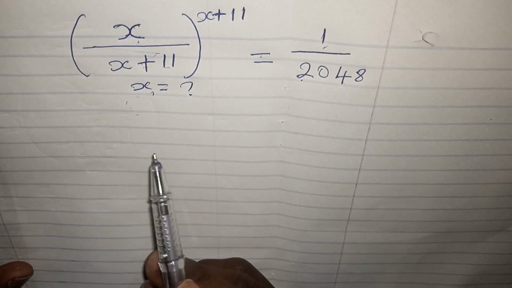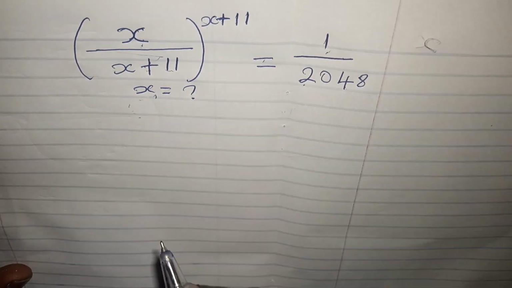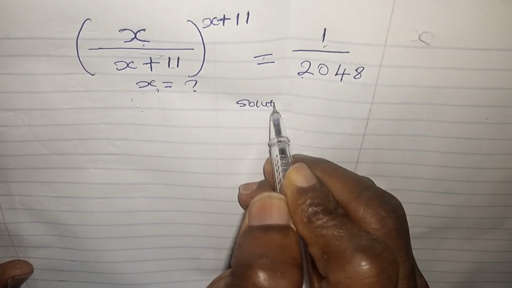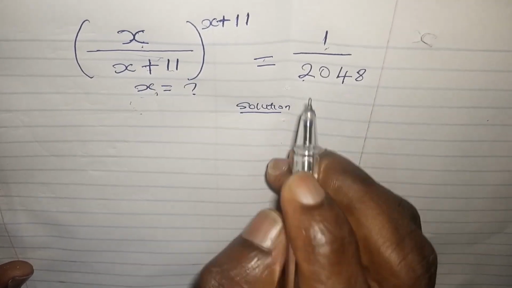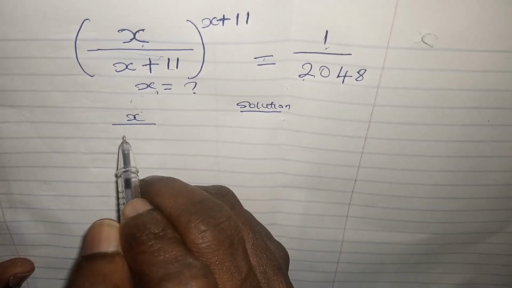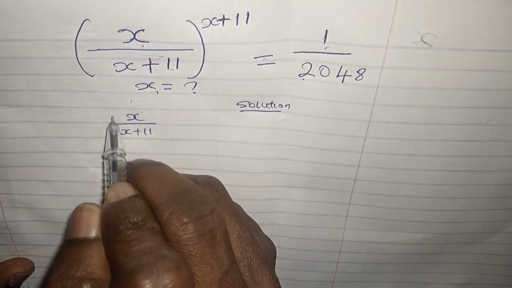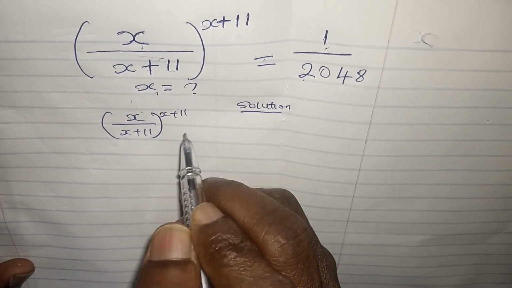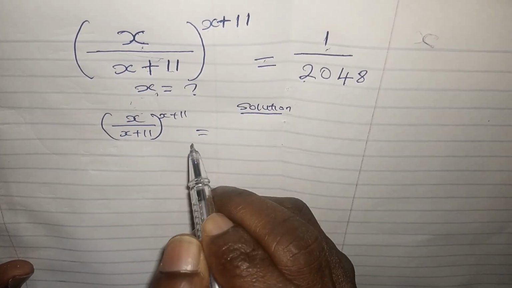So let's see how we can solve something like this. I'll simply say solution, then I write down the question which says (x over x plus 11) all to the power of x plus 11 equals to